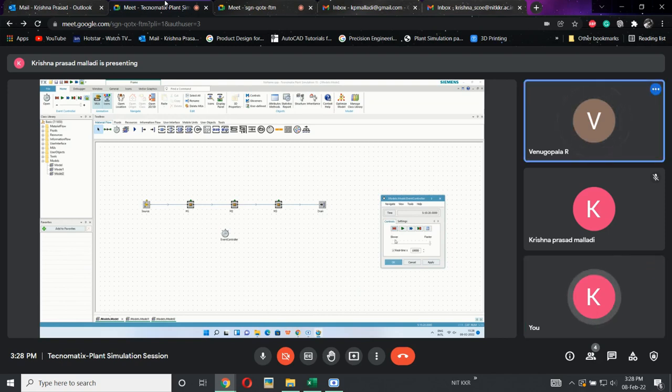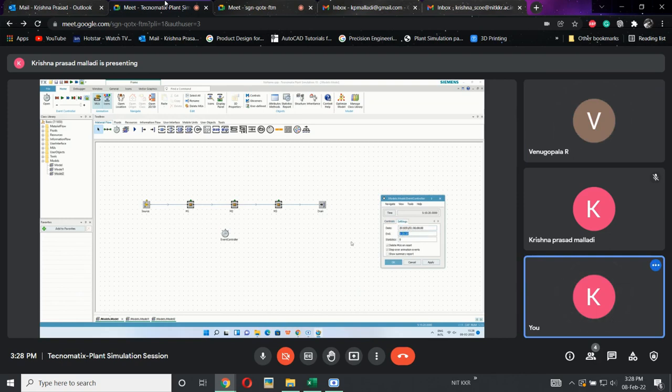So this is time based. In the time based, I have run this model for 5 hours. Now I want to calculate how many parts I have produced in 5 hours. For that, where do I need to collect it? Drain is nothing but output. So I need to check the output to collect how many parts it has produced in 5 hours.